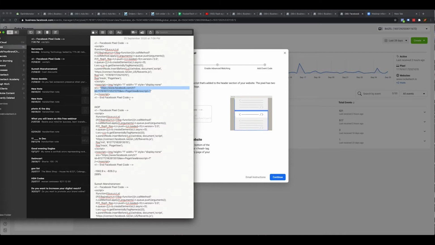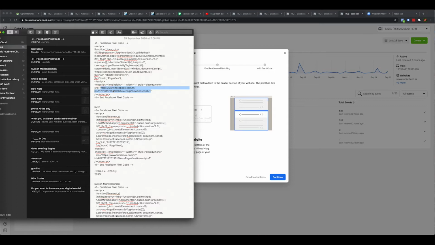You copy this. Now, as I told you earlier as well, there are two ways to track performance on Zoom's webinar landing page. One way is that you have to understand the structure of this URL as well. So in this URL, what Facebook is trying to track is page views. As you see, the structure of this particular Facebook pixel URL is facebook.com/ and just after that there's your pixel ID.